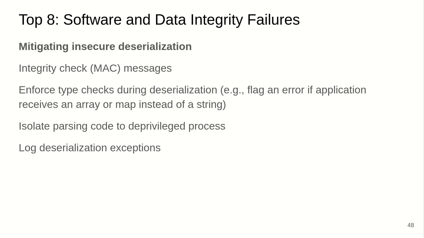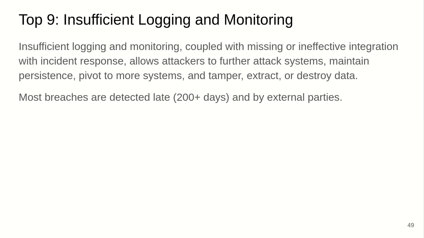Mitigating insecure deserialization. You can add integrity checks. You can enforce type checks during deserialization and make sure that you are actually receiving what you expect to receive. You can isolate parsing code to a deprivileged process, and you can log deserialization exceptions, for example. Number 9,